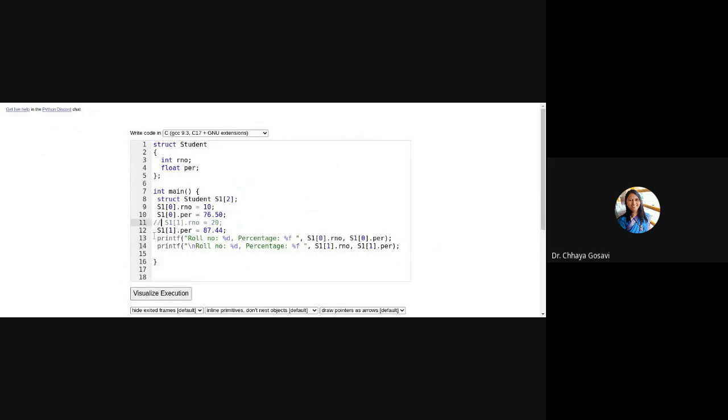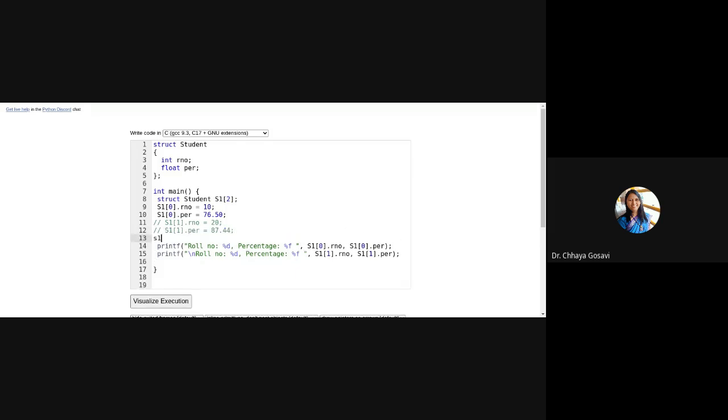If I comment this and if I say S1 of 1 is equal to S1 of 0, actually it should assign roll number of S1 of 0 to roll number of S1 of 1, but it will not, because C doesn't allow structure assignment. Here it will show you an error, but it is possible in Pascal.